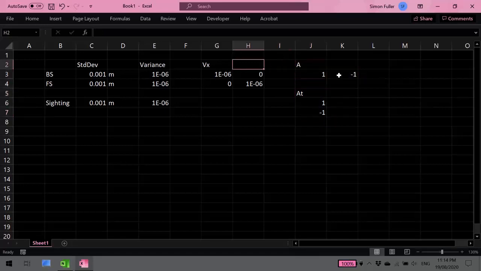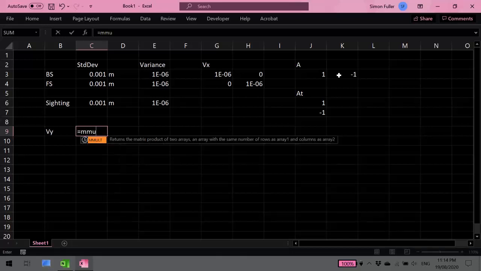Okay, so the long way round, the variance of our quantity, our delta H, so the variance of Y, which will be our delta H, our height difference, is supposed to be a matrix multiplication